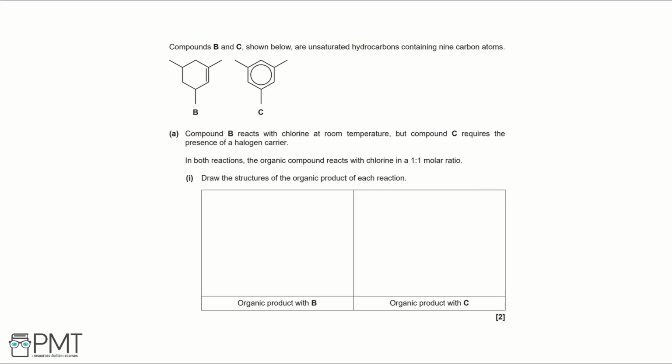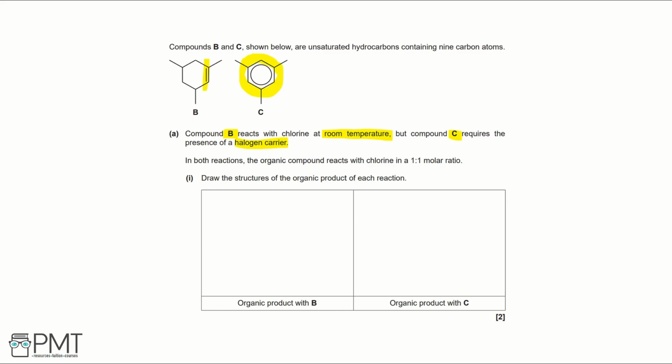So firstly, the difference between B and C when they react with chlorine is B can react at room temperature, but C needs a halogen carrier. And that's because of the different functional groups in the two compounds. So B has an alkene group, so a carbon-carbon double bond. And that means when it reacts with chlorine at room temperature, it's going to undergo electrophilic addition. But compound C has this benzene ring, and so it needs a halogen carrier because it's going to undergo electrophilic